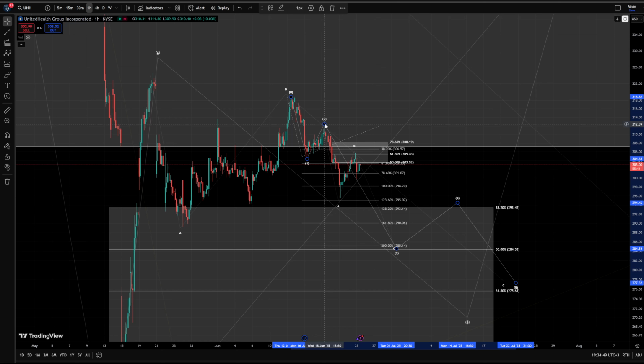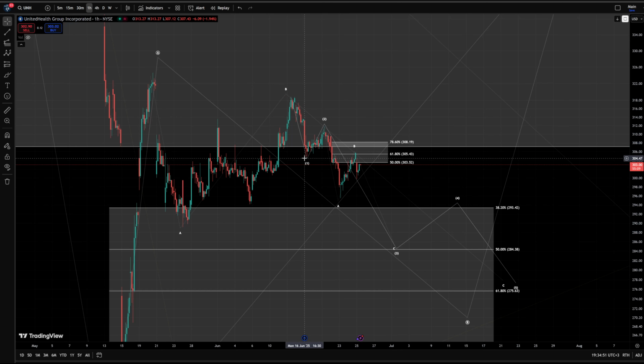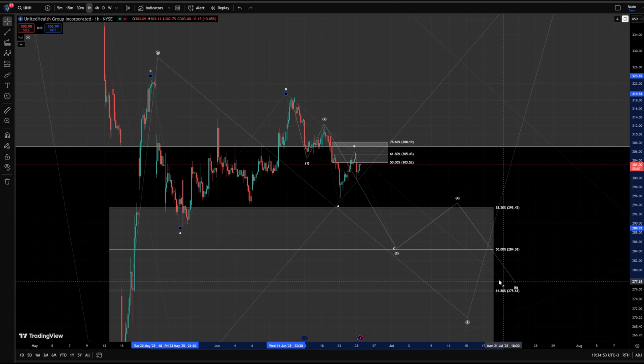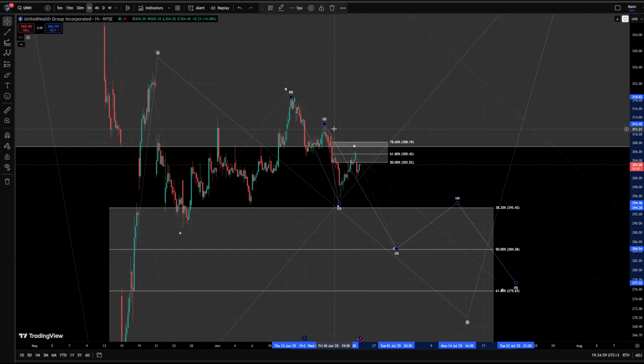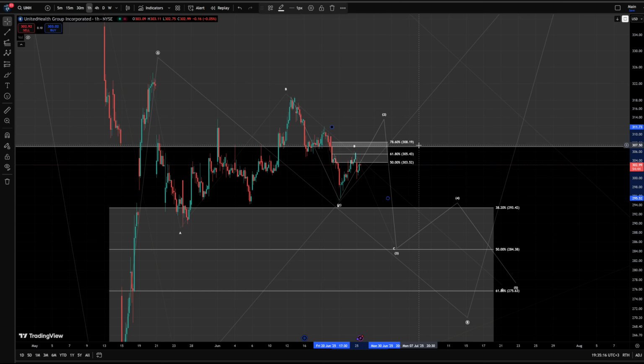Now another option for this C wave that we are tracking, which will need 5 waves, is that we actually haven't finished the wave 1 there, but instead we have finished the wave 1 here, and we are now working higher on a wave 2, but this will become more preferred only when this resistance zone up to